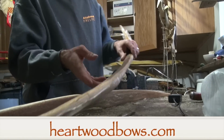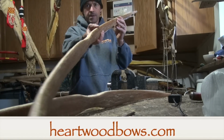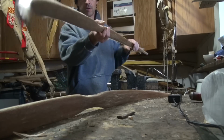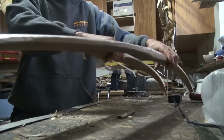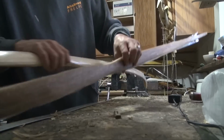All right, it's been a little over a month since the last backing of sinew was put on these bows. Gained quite a bit of reflex. And as I was saying,